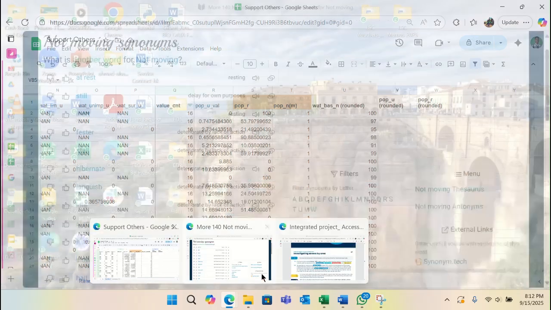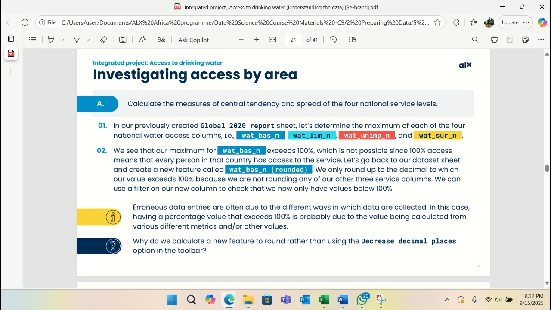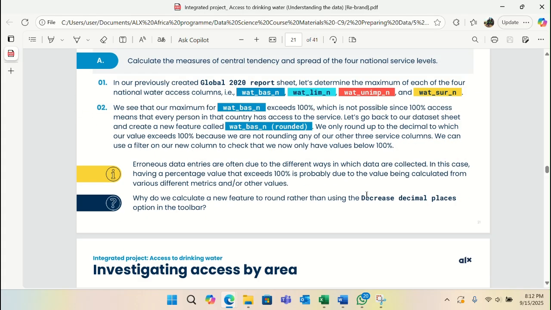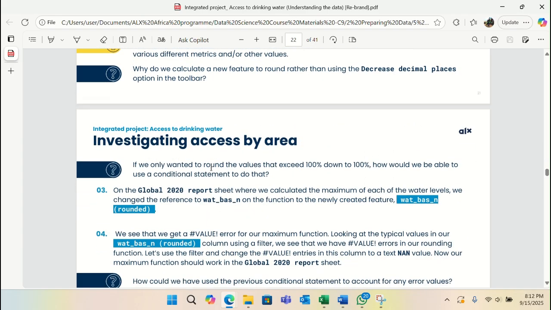So let me get back to the instruction. Erroneous, okay, so they are talking about the error. Erroneous data entries are often due to the different ways in which data are collected. In this case, having a percentage value that exceeds 100% is okay. Why do we calculate a new feature to round this decimal place? Now, if we only wanted to round the value that exceeds 100% down to 100%, how would we be able to use a conditional statement to do that? Okay, on the global